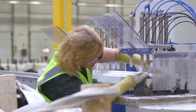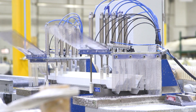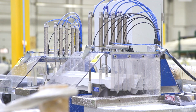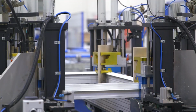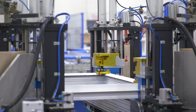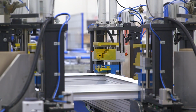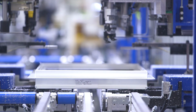In our Alberta climate. So now we're going to take the PVC profiles, which are the lengths of PVC, and we're going to feed them into the saw. Then we're going to move them over to the welding station. So the welding station is a state-of-the-art 4-point welder. And the idea of a 4-point welder is the fact that when it closes on the window, the window is square every time. It will then convey it down to the second machine, the corner cleaning machine, which is